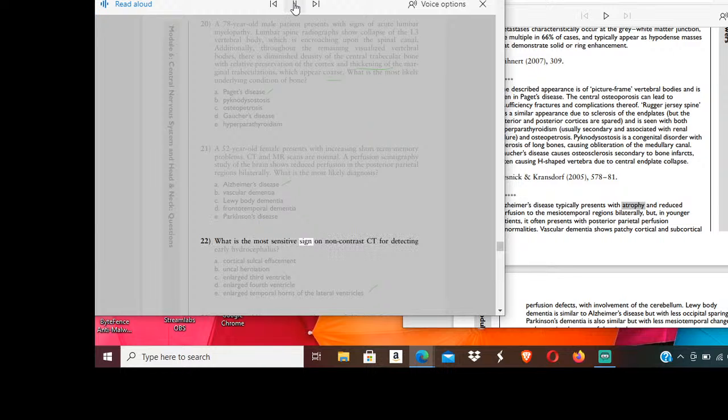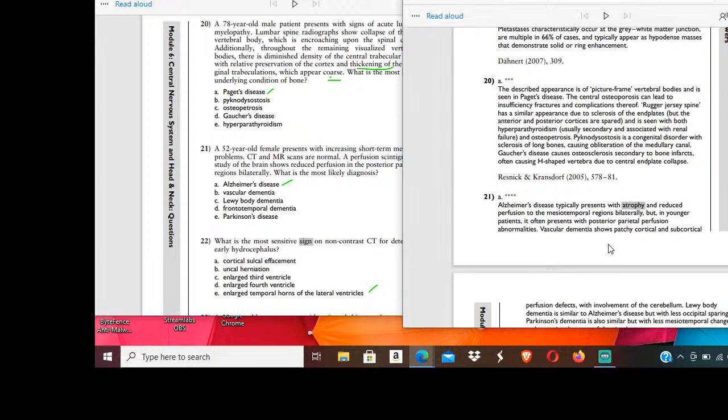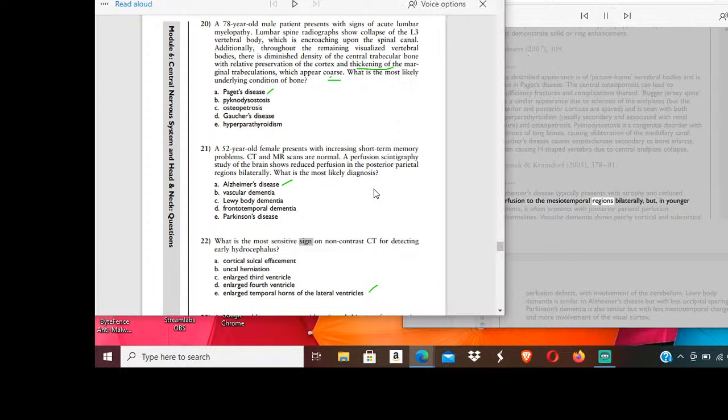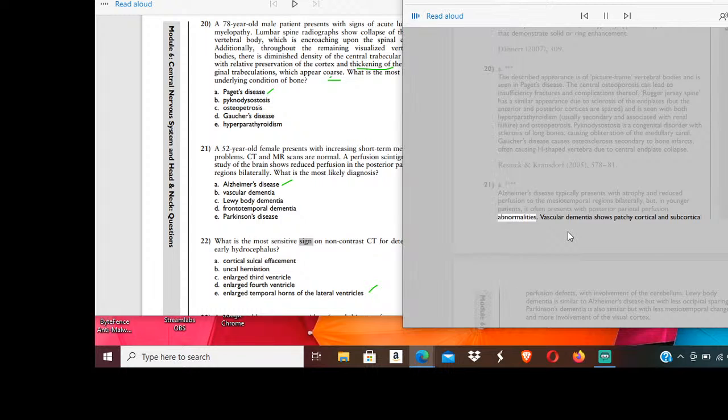22. What is the most sensitive sign? Atrophy and reduced perfusion to the mesiotemporal regions bilaterally, but in younger patients, it often presents with posterior parietal perfusion abnormalities. Vascular dementia shows patchy cortical and subcortical